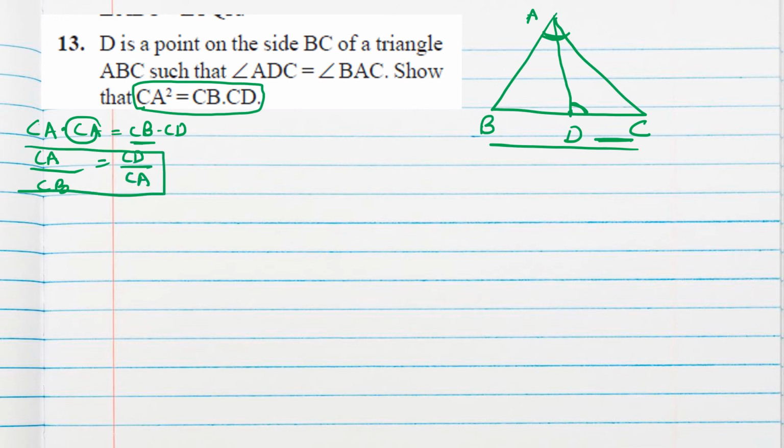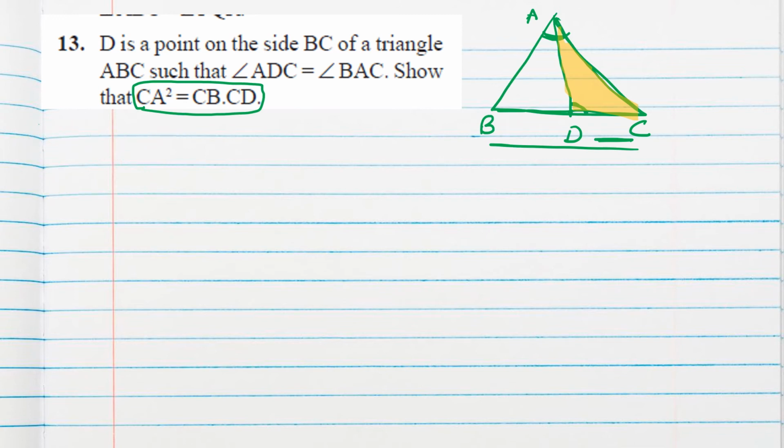So what is this? This is sides in equal ratio. So how can we prove it? If we prove the similarity of the corresponding triangles. Now here we have to check CA and CB are the sides of the bigger triangle, that is triangle ABC. And CD and CA are the sides of the smaller triangle, this triangle. That means we have to consider two triangles to prove similarity, one bigger and the other smaller, that is the yellow one.